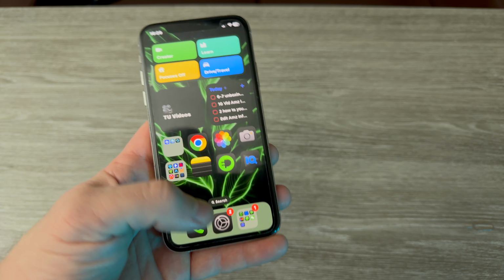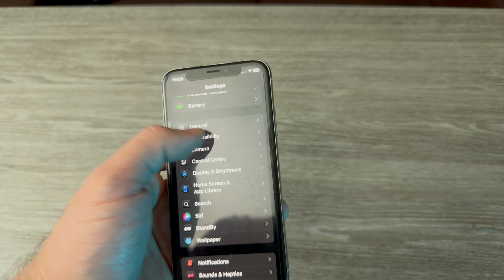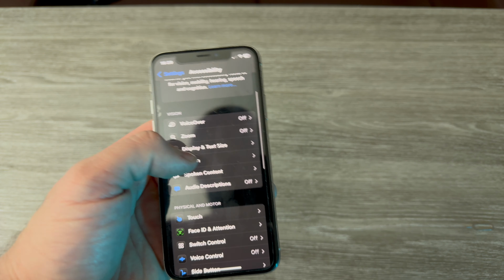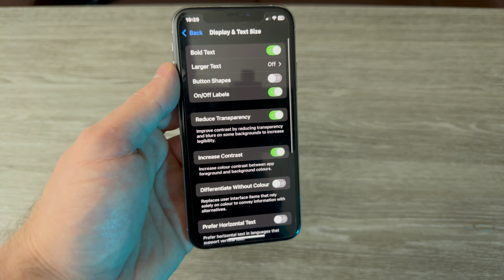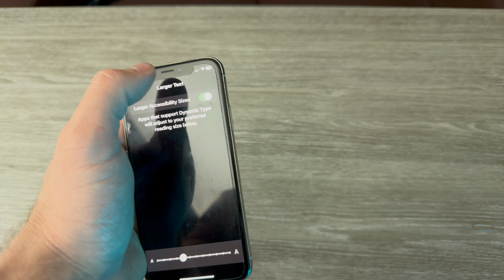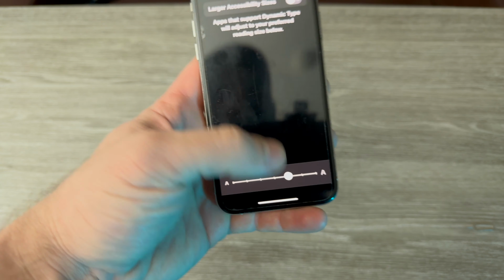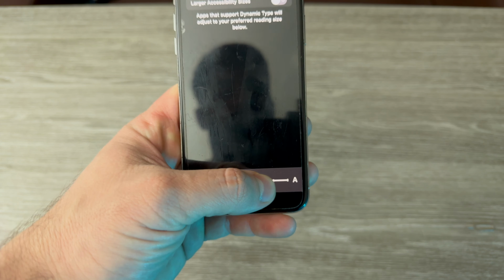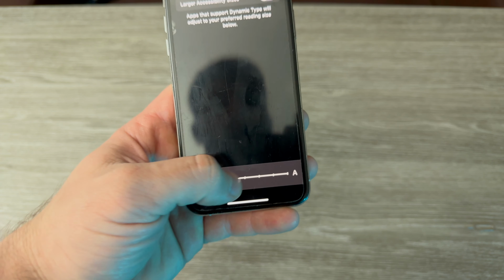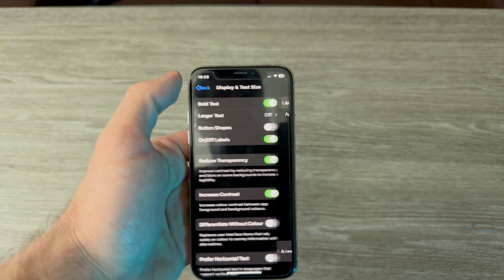So if you want to reverse that, you'd go back to settings and then you'd go to accessibility and then go back to display text and size, larger text. You deactivate this and then you go back to your preferred size and then you can go back,